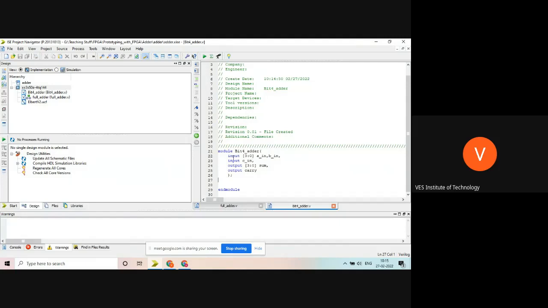So we have to create the bit4 adder module. Later I will tell you how to make this program generic. What do you mean by generic? We'll see. In this program, we'll see all these things. Why HDL is popular, you will come to know after that program.